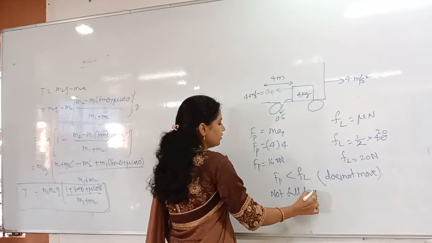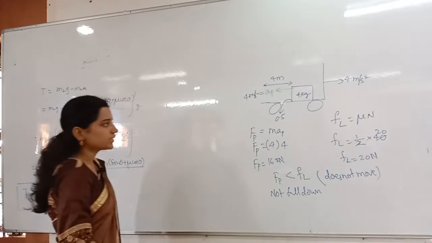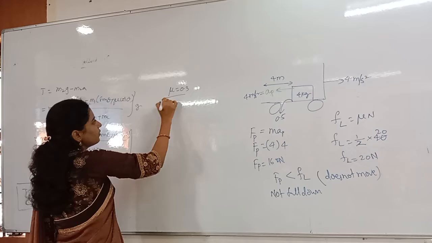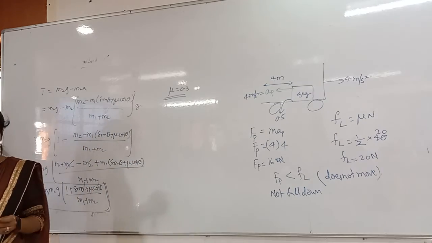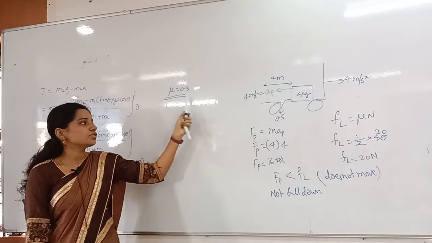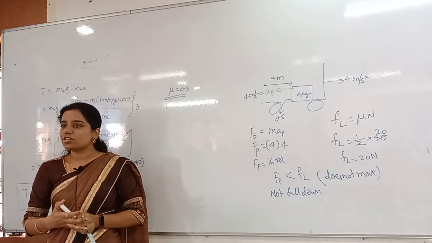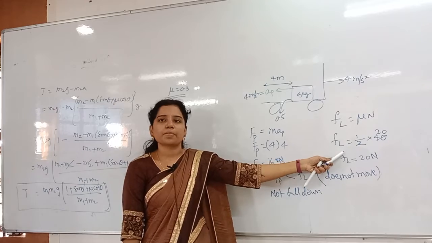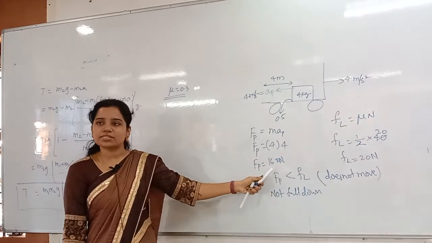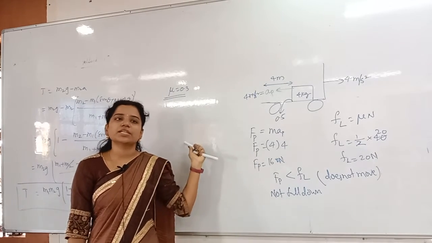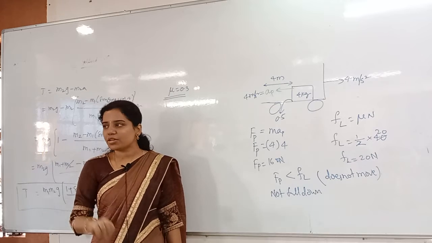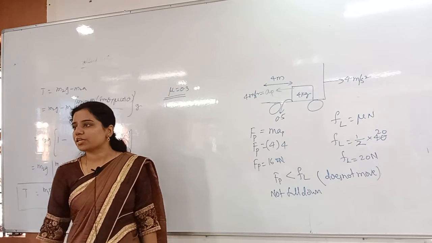Finished? For the same problem, I'll just extend a little bit. Now you take mu equal to 0.3 and check. It will fall down or not fall down. Here mu is how much? 0.5, right? Now you take it as 0.3. It will fall down. Why? Because limiting friction, how much you will get? 12. Limiting friction is 12. Pseudo force is how much? 16. So pseudo force is greater than the limiting friction. Applied force greater than the limiting friction, nothing but the body will move. Now find out the time taken to fall down.